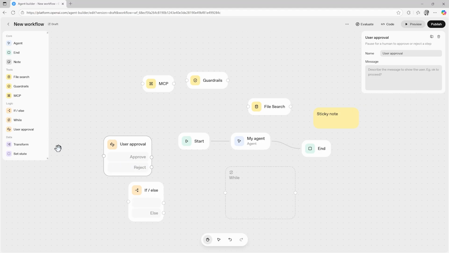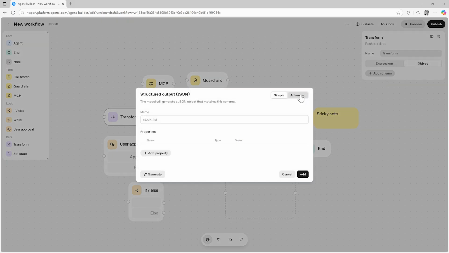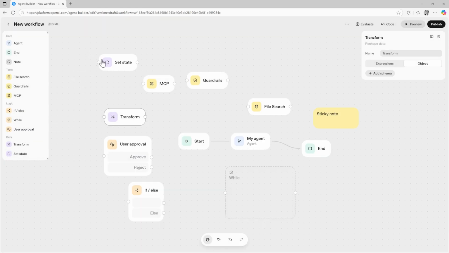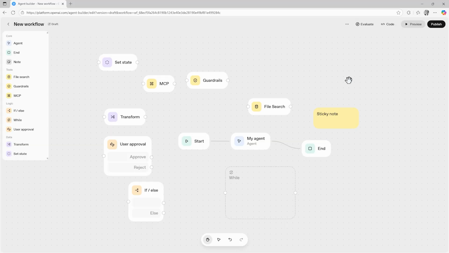The node section is complemented by a smart transform node that can transform data by either custom expressions or providing an object schema. And lastly, a set state node that allows you to assign values to variables. All in all, OpenAI kept the list of nodes purposefully uncluttered and focused to provide core features and aim at intuitively building workflows for non-technical people while still providing powerful features.